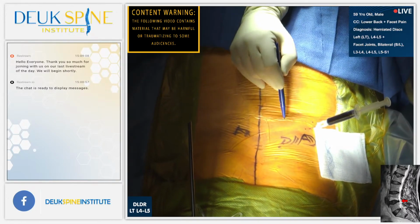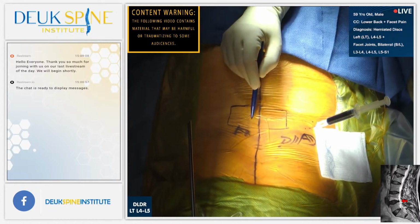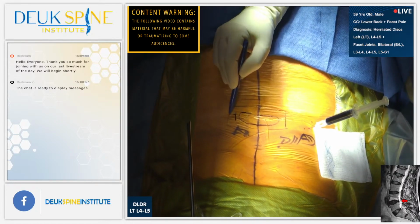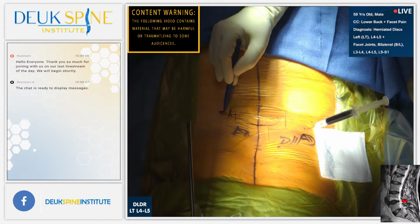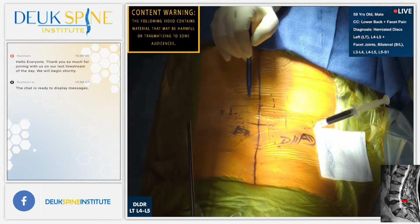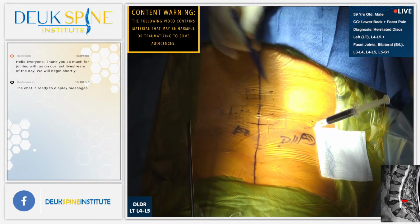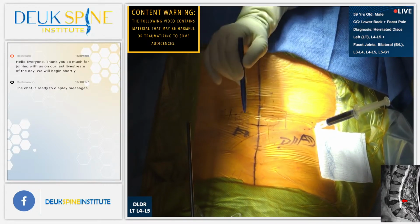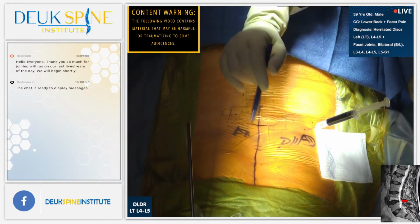When I asked him where his pain was coming from the worst, this was the area right here. Turns out on the MRI and in his body, he's got a disc right here. It's called L4-5. It's the number 4-5 disc, located between the L4 vertebral body and the L5 vertebral body below. Most common disc to be affected, causing back pain, L4-5. Next most common, L5-S1. Third most common, L3-4. By the way, back pain, like his,